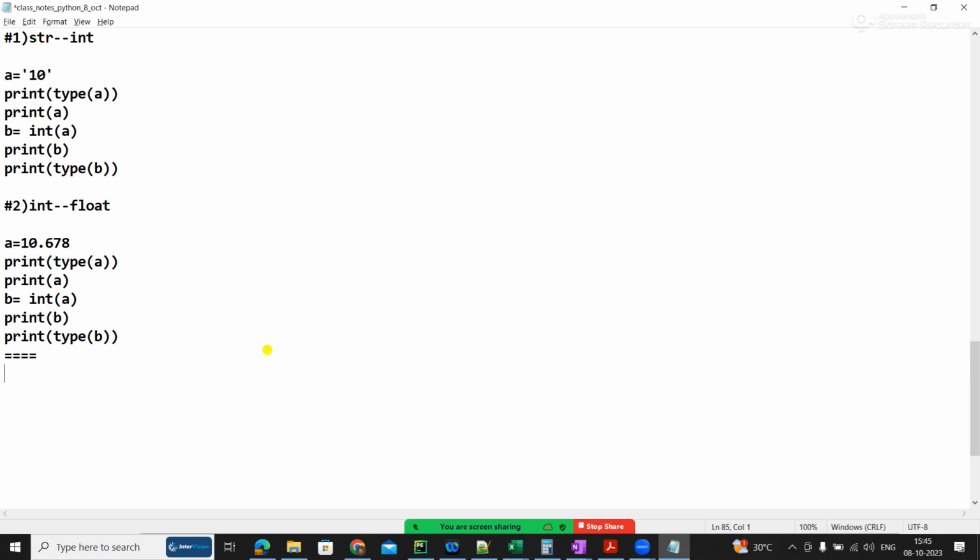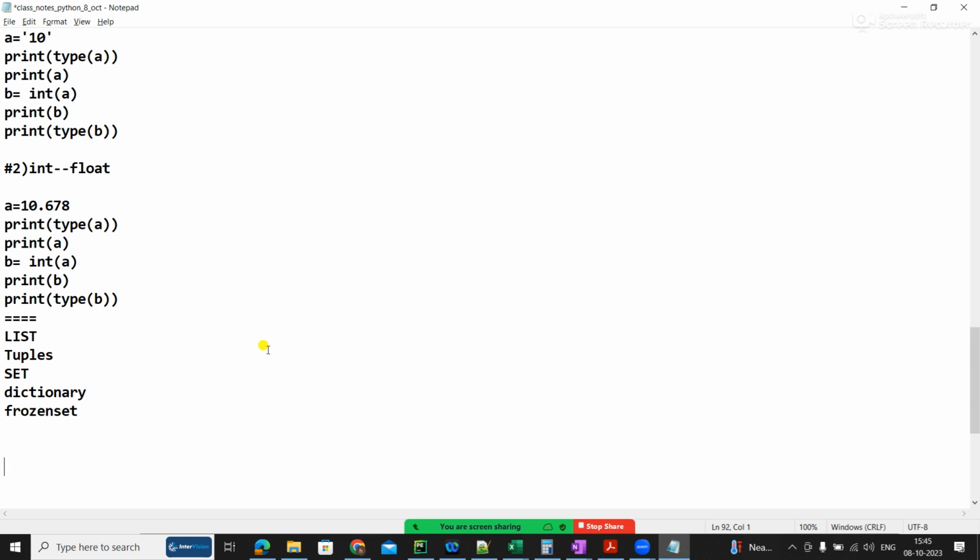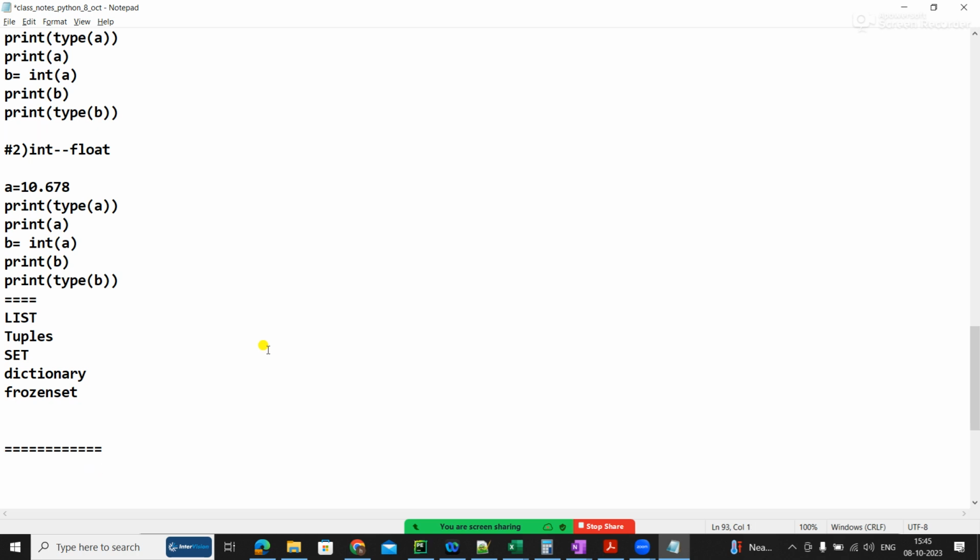Okay, so all the things we will be speaking about in our classes: lists, tuples, sets, dictionary, and also something called frozen set. All of these work on the basic fundamentals of mutable and immutable.